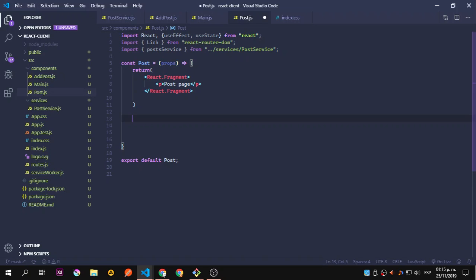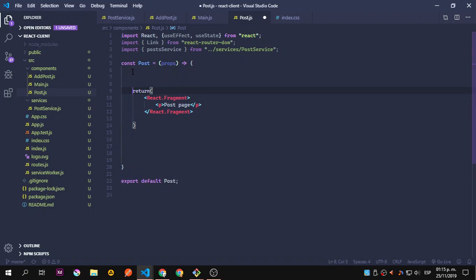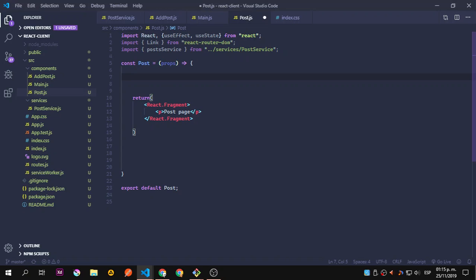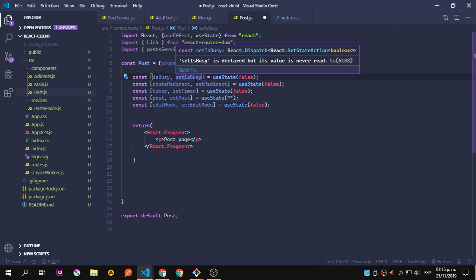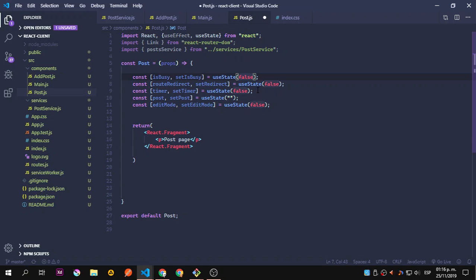We are going to add, not here, but up here, some functionality or some constants that I'm going to copy and paste and explain to you, because I don't want to type all this. So you can see that busy and setBusy is again here with default state. Route redirect and setRedirect is also here to handle redirections. The timer and setTimer, we're going to use that in a second. I will show you the post and the setPost, that is the post itself that we're going to use,